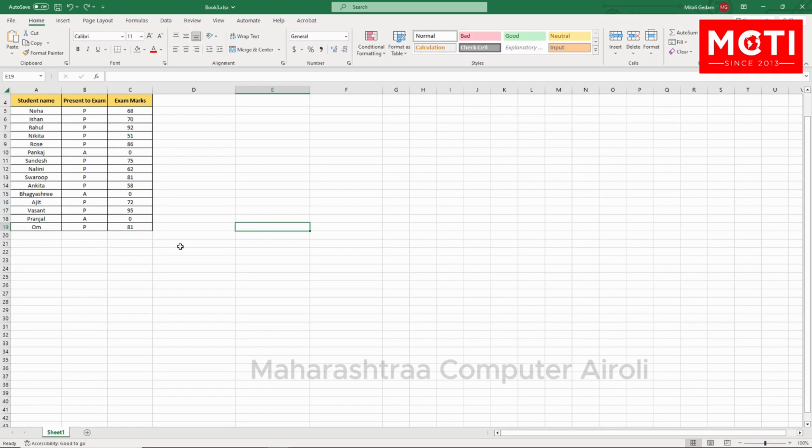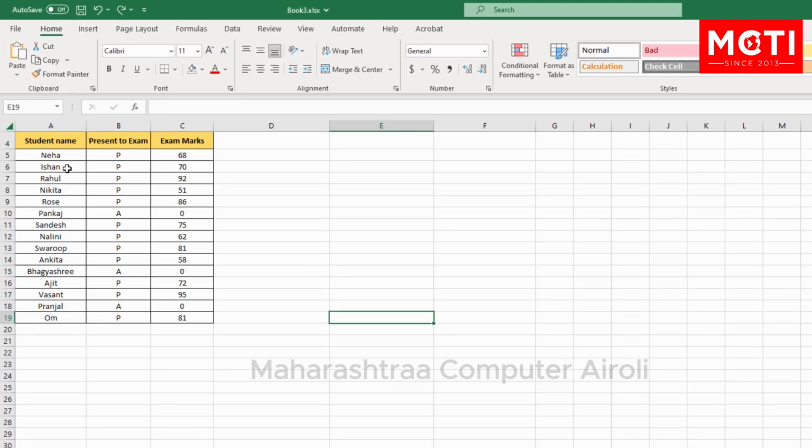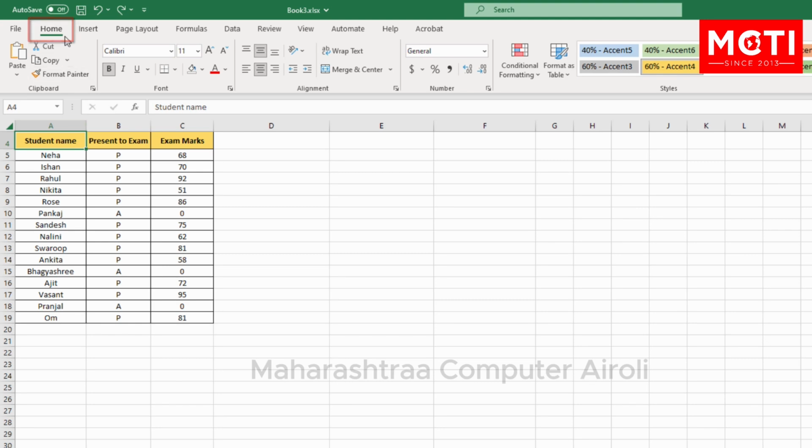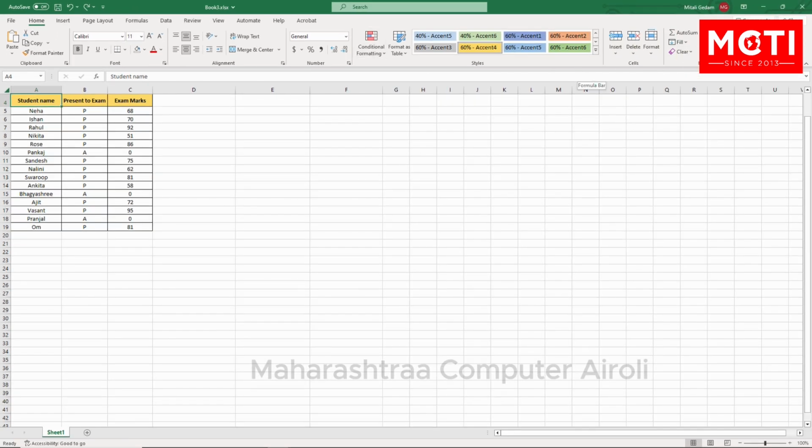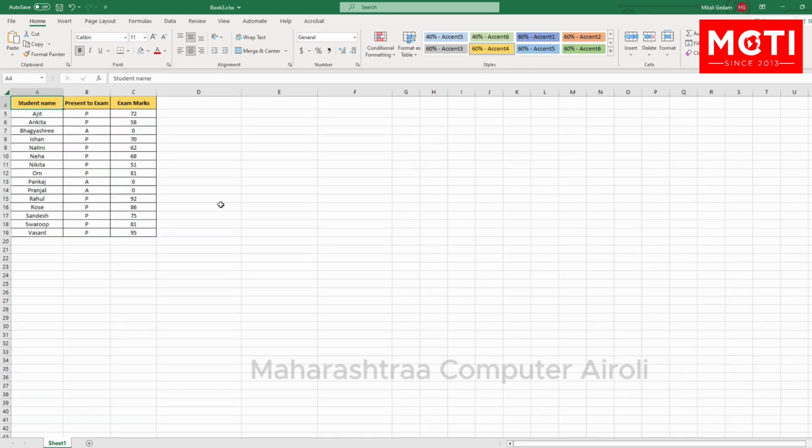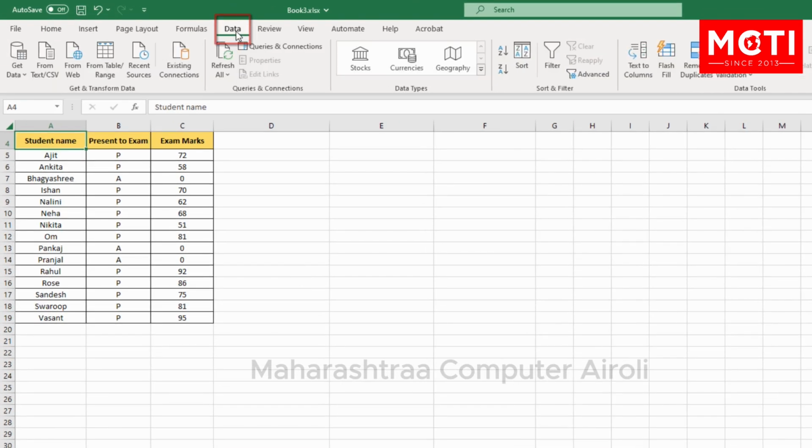You have a list of students and want to sort names alphabetically from A to Z or vice versa. How will you do it? Just select the header of the column you want in order. In the Home tab, click on Sort and Filter. Click on Sort A to Z. All names can be seen alphabetically arranged. You can find this same option under Data. This option also works the same for numbers.